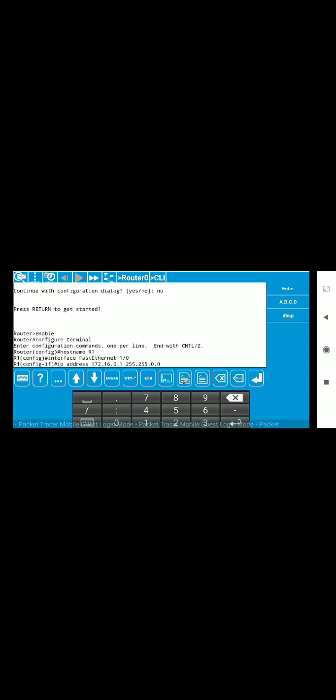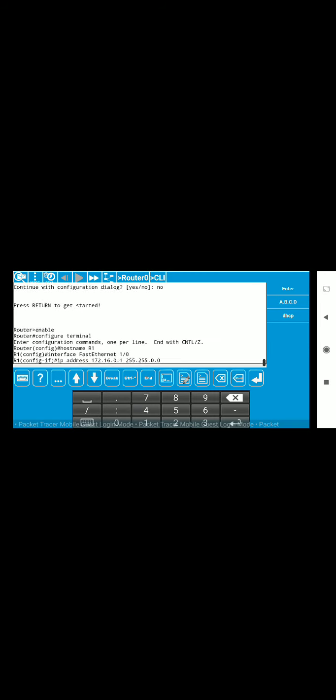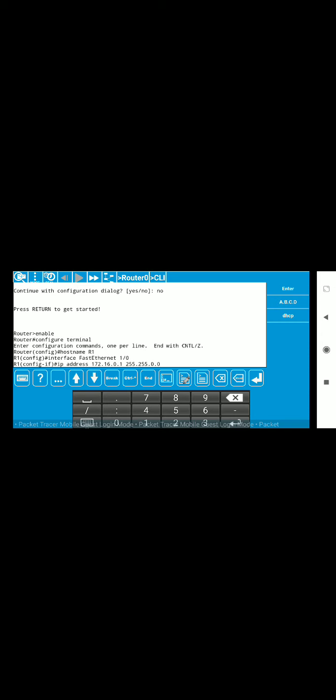We are using IPv4 addresses. IPv4 addresses consist of 32 bits, of which 16 bits are 1 and the remaining 16 bits are 0. So the first 16 bits are used to identify the network and the remaining 16 bits are used to identify the host. So for this we are using this mask here.